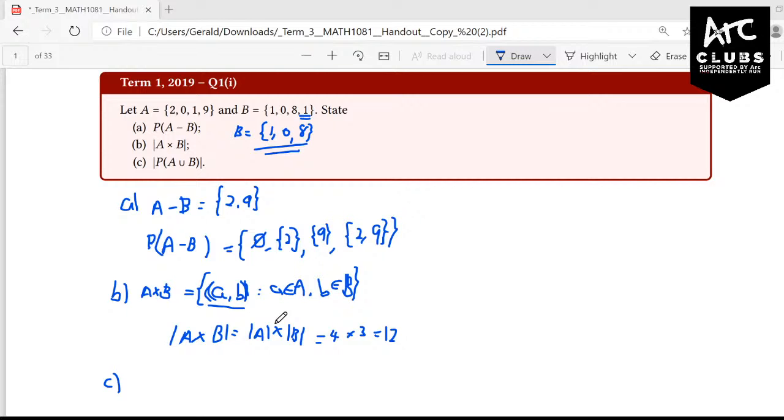All right. So for part C, we want to calculate the cardinality of the power set of A union B. The easiest way to do this is to just calculate what A union B is. Remember that A union B is just the union of A and B, right? So we take all of the elements in A, and then we only add elements that we haven't seen in A. If we take all of the elements in A, that gives us 2,